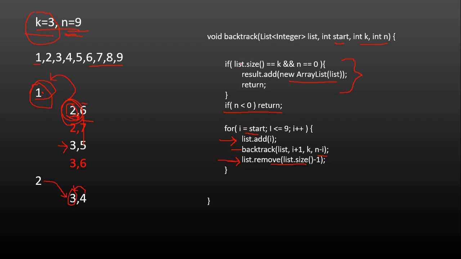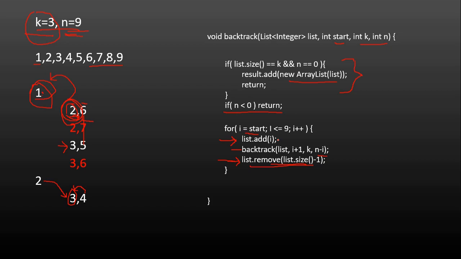The third step is that once either the target condition is reached or it's not reached, we have to go with the next option. Whenever we go with the next option, we have to remove the current selection that we made from the list. So here we are doing that backtracking part, removing the current selection, so that when we go to the next iteration, it creates a new choice, chooses that number, and goes with that combination. So these are the three steps for backtracking.